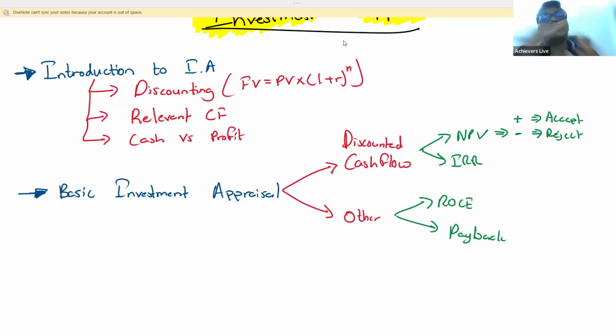Next, you have to know the advantages and disadvantages of NPV. Advantages: we are considering the time value of money, it is an absolute measure, it is based on cash flows, it considers the entire life of the project, and it maximizes the wealth of the shareholders. Disadvantages: it is difficult to explain, you need to calculate the cost of capital, and it is an absolute measure, not a relative one, so it is difficult to compare projects of different sizes.